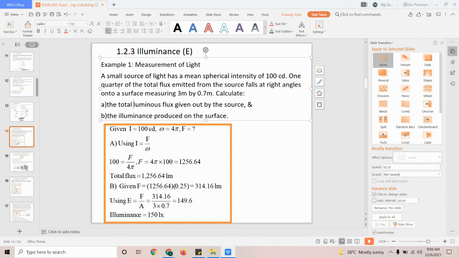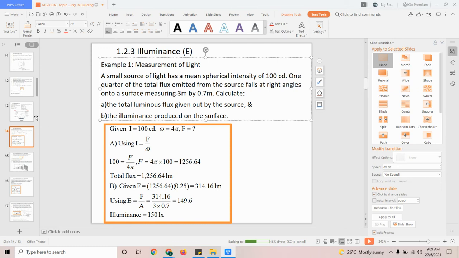Right off the bat from this example, you can extract that I equals 100 candela and the steradian, which is omega, represented by this W, equals 4 pi. This you don't have to calculate. You just assume your steradian as 4 pi, and then you are required to find out what your flux is